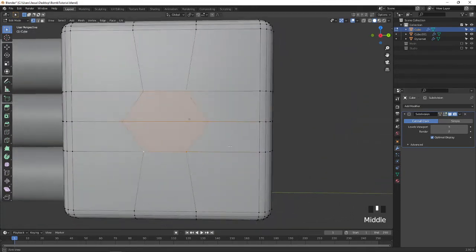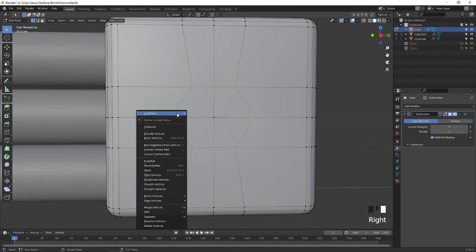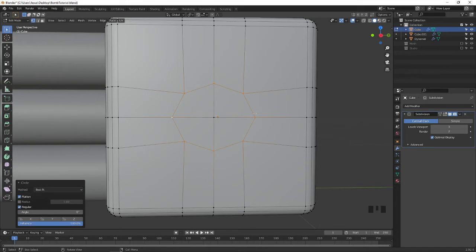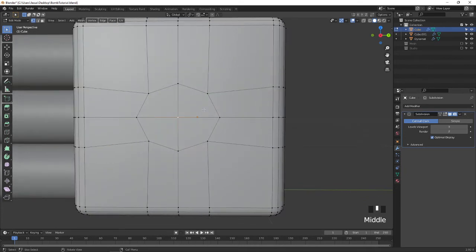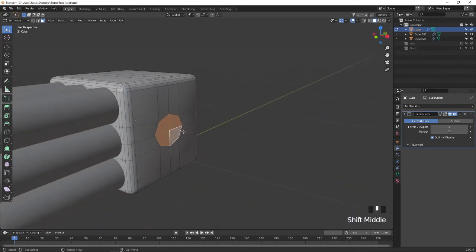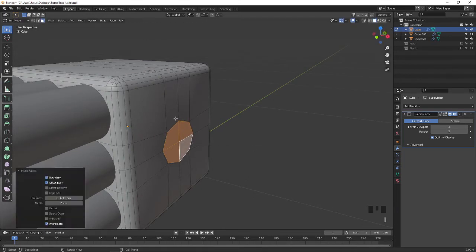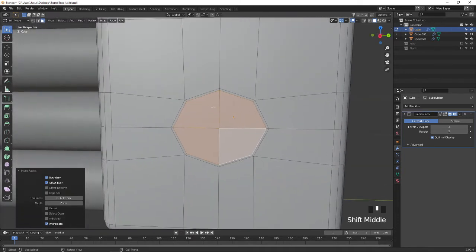go back. You can see this one doesn't look like a circle, because, sorry, here one more edge loop is required. So I select these vertices again, right click, create the circle. So now it looks like a circle. So what I am going to do, go to the face selection and press I to insert. After pressing I, you can see it comes like this.